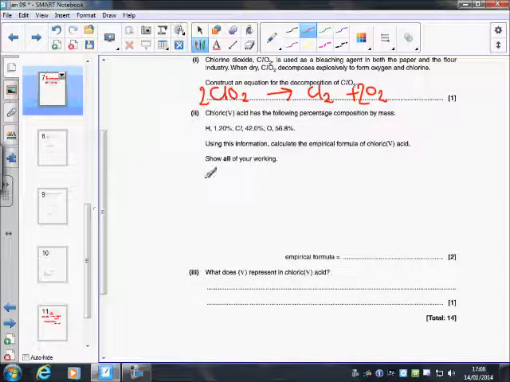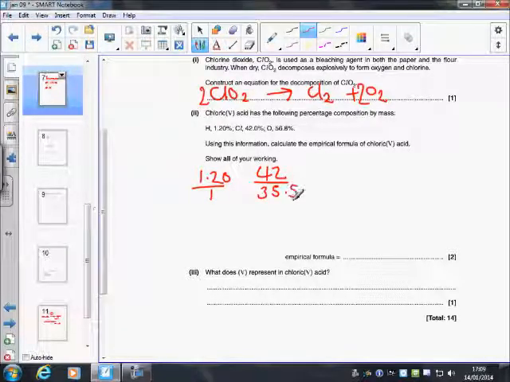So first thing we need to do is divide these percentages. So 1.20 for hydrogen over its molecular mass, which is 1. 42 over Cl, which is 35.5. And oxygen, which is